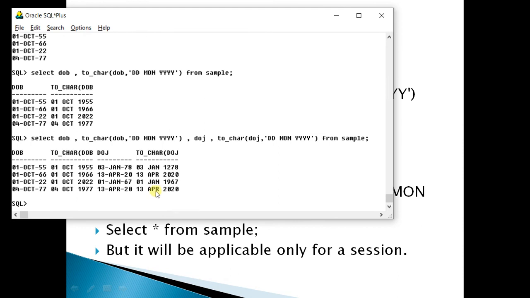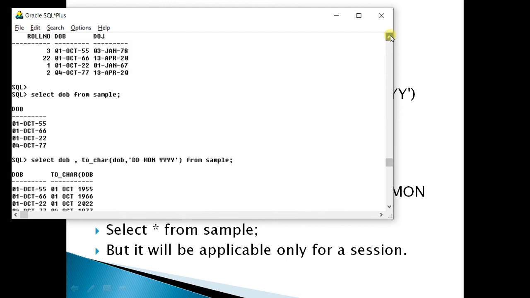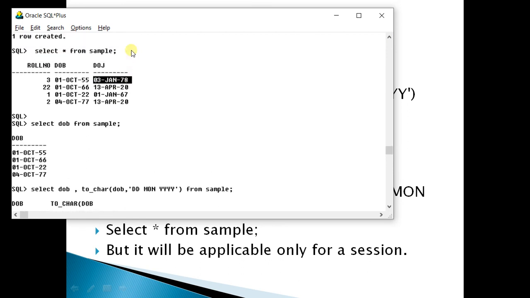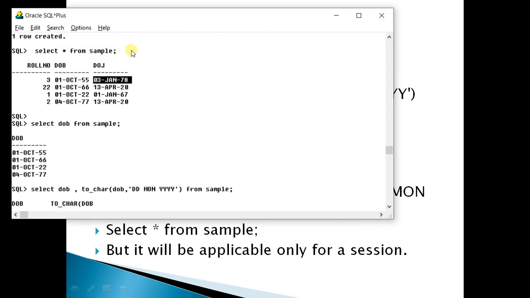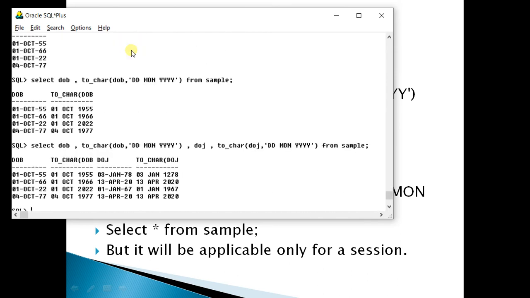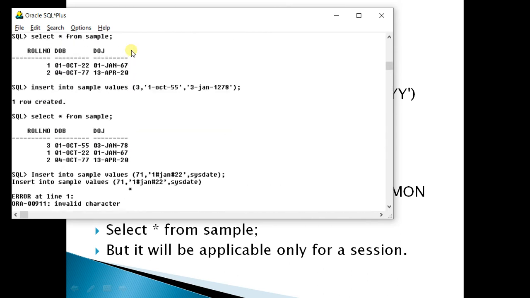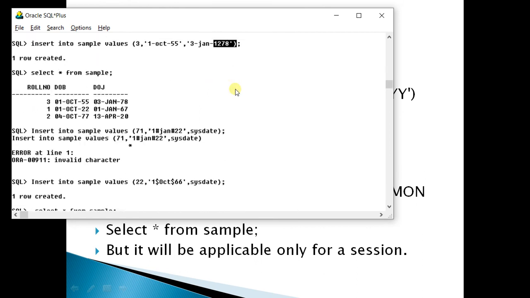Now you can see, earlier it was 3 January 78, or another example that I entered was 1278.